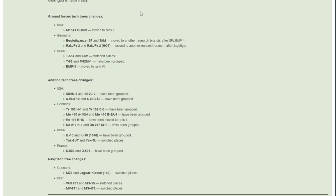And then in Germany, there are two quite large changes happening. So the Begleitpanzer 57 and the TAM are being moved to another research branch after the SPz BMP-1. So they're pretty much making a light tank branch, and this is actually really nice, because it hopefully will mean that the TAM will be able to be